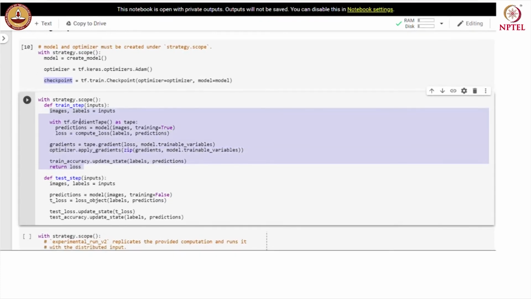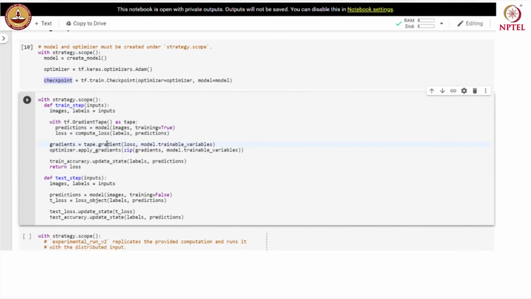Our training step uses a gradient tape that records the forward computation and the loss computation, and then we can get gradients with respect to the trainable variables of the model in the gradient list. Then we apply these gradients on the trainable variables and update their values.